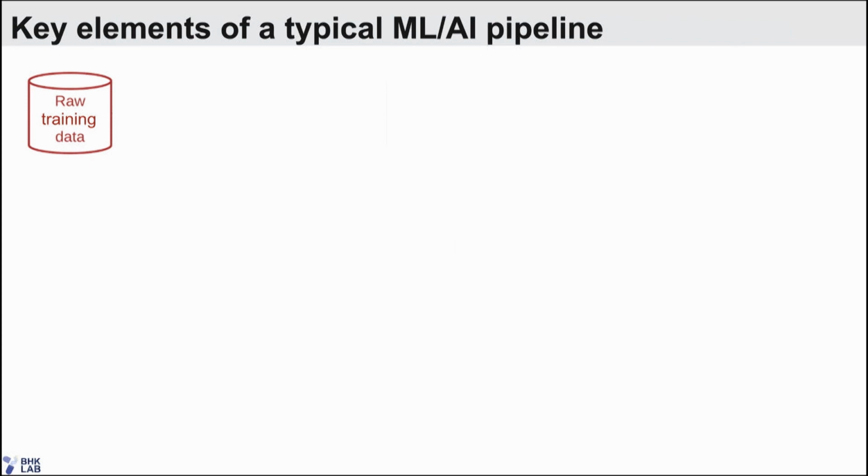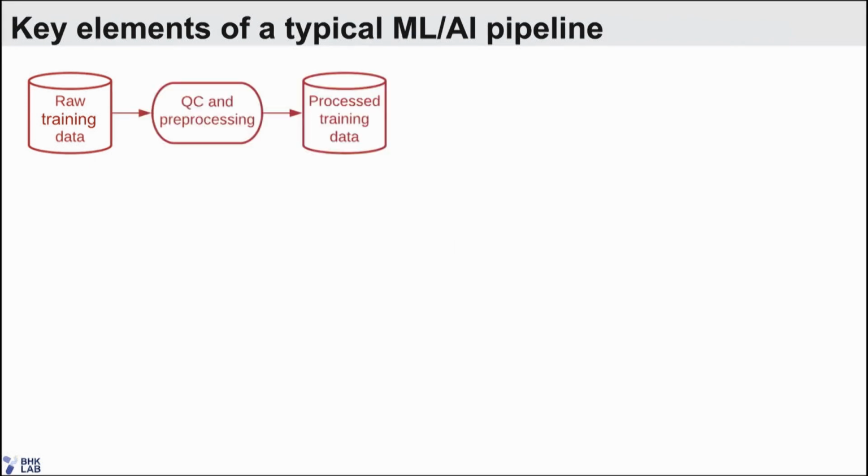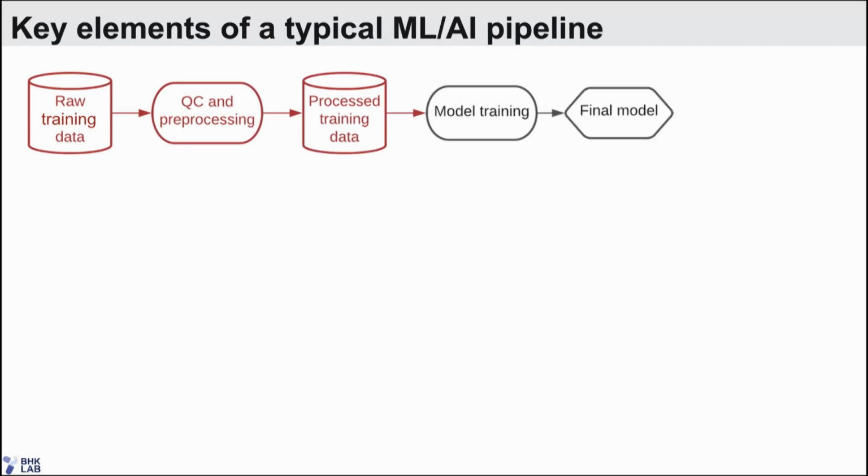So usually we start with raw data that you use for discovery. You do the quality control and processing, and you organize those data so that you can run your analysis. And that's usually, if you want to build a predictive model, where you train your model. So you try to understand the relationship between the input features and what you're trying to predict. And then you get this final predictive model that you have to validate.